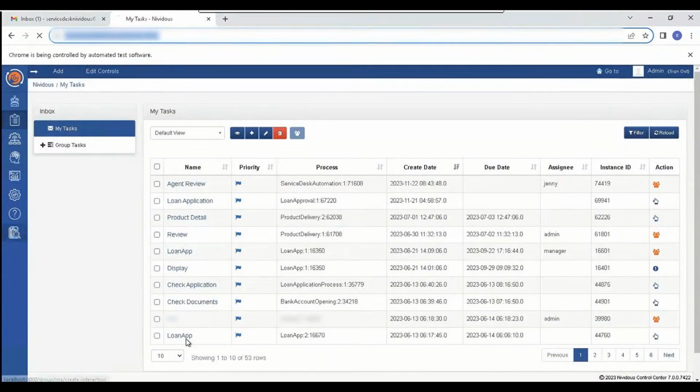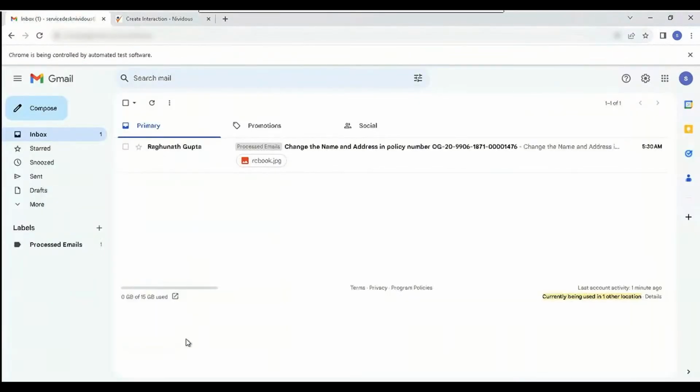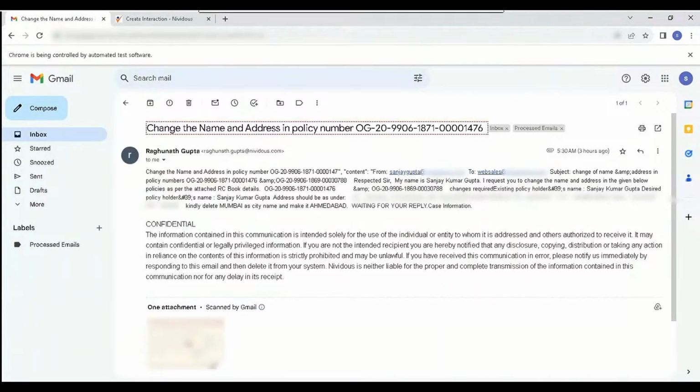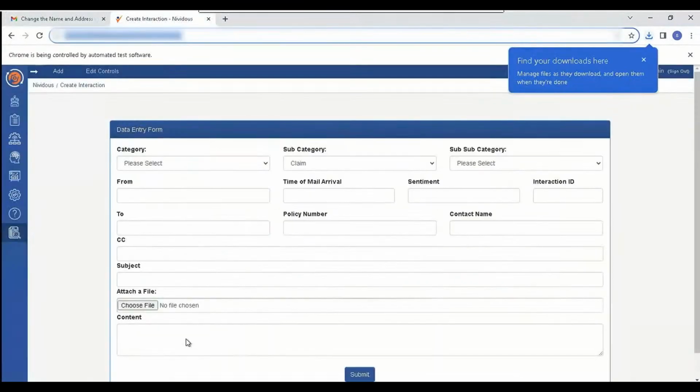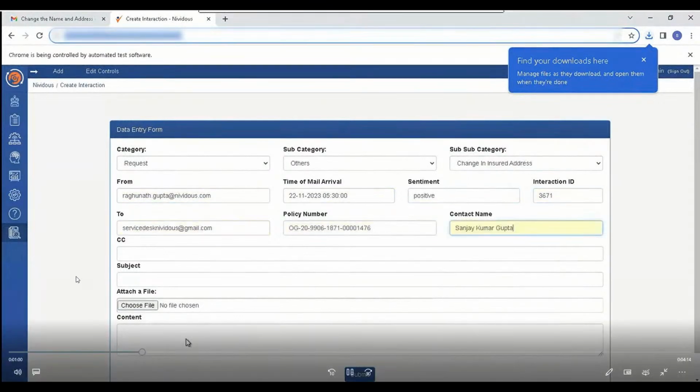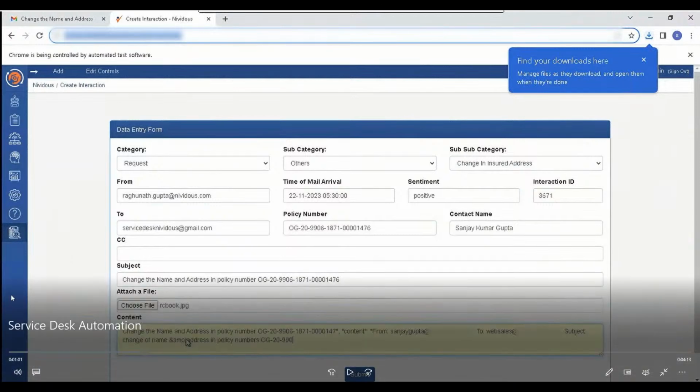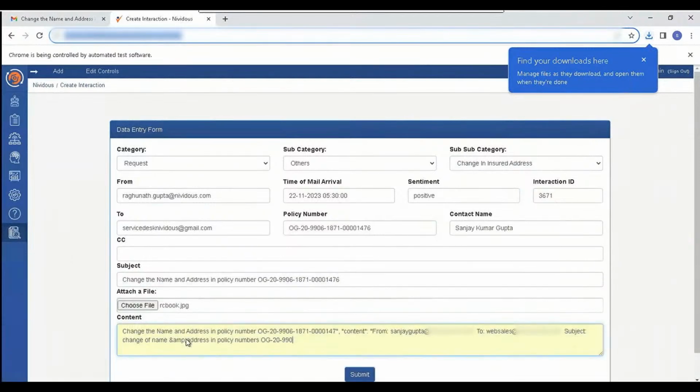Now, oftentimes, bots can do these types of tasks in and of themselves. They don't need to involve humans. But in this case, the bot is using natural language processing to figure out what it needs to do with this particular insurance policy. Now, I'm going to pause the video here just for a second because this is really a very interesting view of the process.